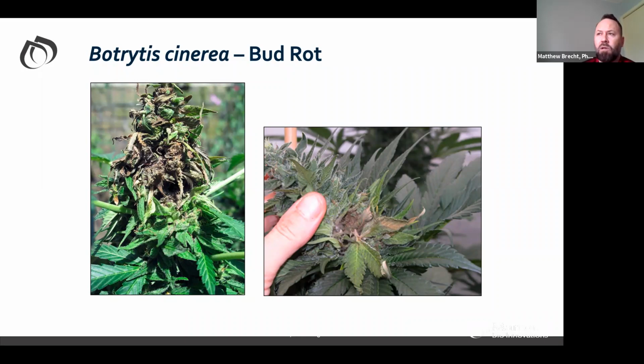The other thing you want to make sure you do is lower the humidity just a little bit in that late flower. It doesn't really hurt too much to do that. That also slows down just a little bit the botrytis bud rot. And of course, you don't want to have any flower wetness for too long. So if you go through a spray or if you're outside and you've got a rain coming in, just make sure that bud dries out fairly quickly to prevent excessive bud rot. Next one.